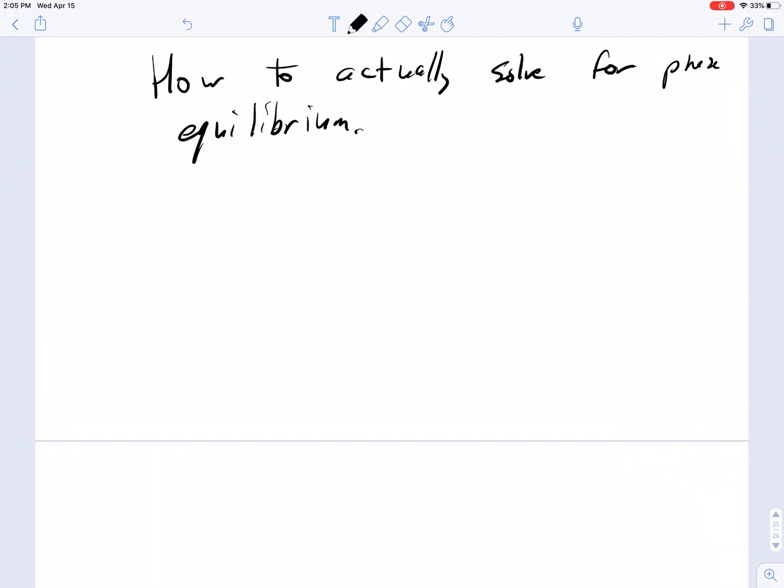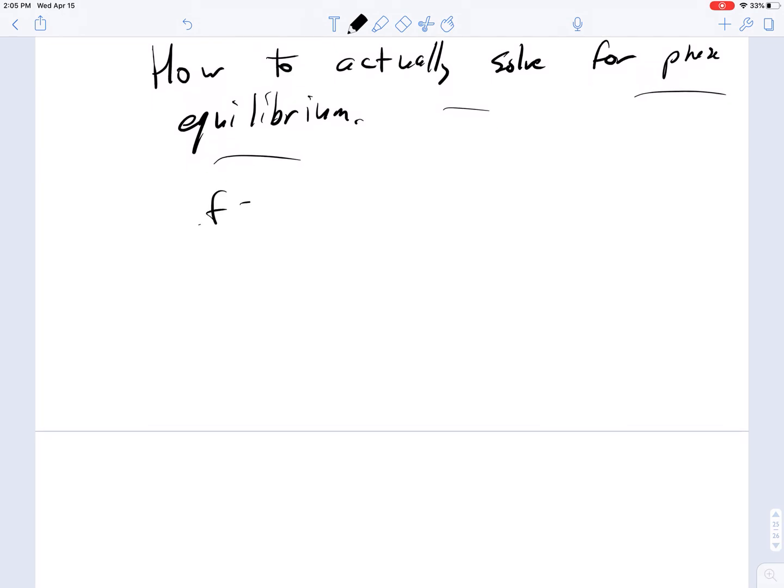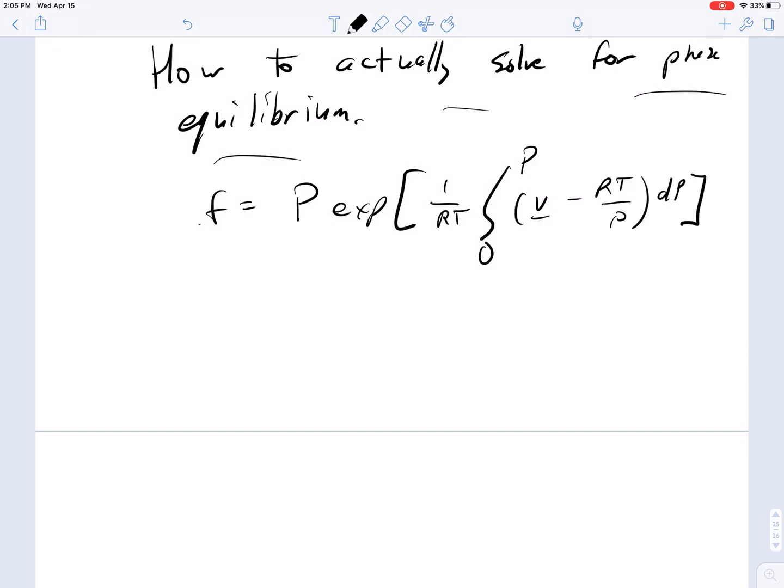So how do we actually solve for coexistence? How do we actually solve for phase equilibrium using fugacity equals pressure exp of 1 over RT integral 0 to the pressure? How do we use this complicated equation to get what we actually want? And then to use it in models and simulations and design of reactors or whatever you're going to be doing